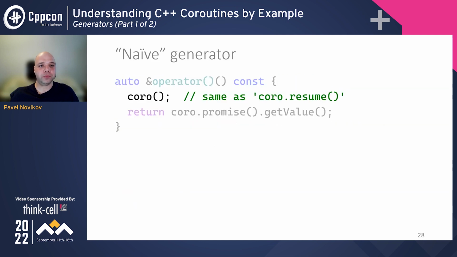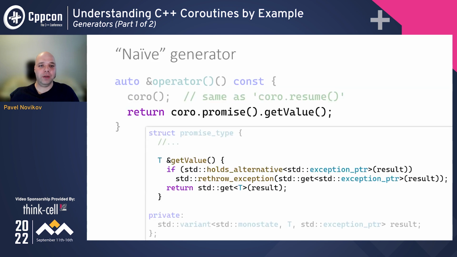So here in the function call operator, we call the function call operator on the coroutine handle. This is equivalent to the resume function, just a shorthand. In this case, the coroutine is resumed. We expect it to yield values or finish or maybe throw an exception. And after one of those, the control gets back to this code, and we call get_value on the promise